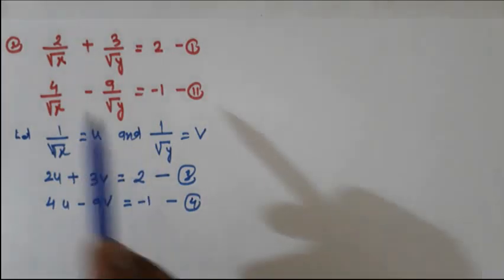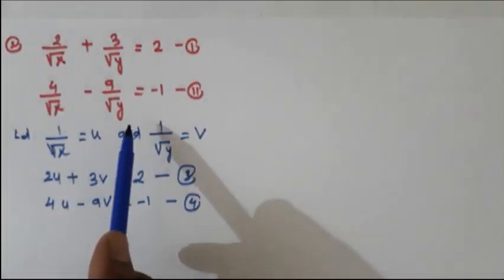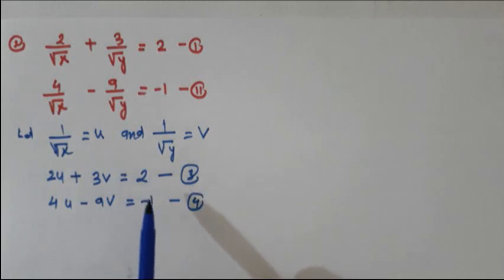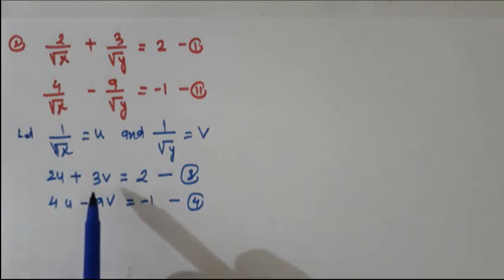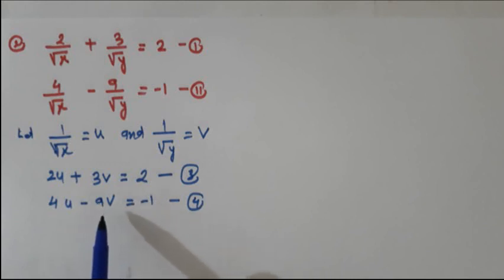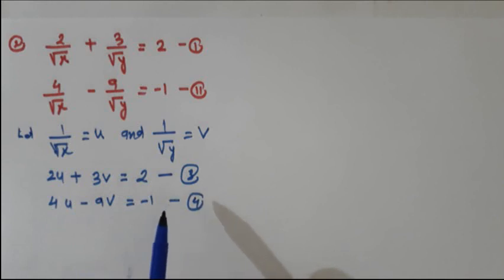So now this was not a linear equation, but with the help of some trick, some calculation, it is reduced in the form of a linear equation. Therefore this exercise is based upon reducible to linear equations, not actually linear equations. So here it is very simple to cancel v. Plus and minus are already right, you do not have to change the sign. Only we have to make the coefficient of v equal to 9. So multiplying equation number 3 by 3.